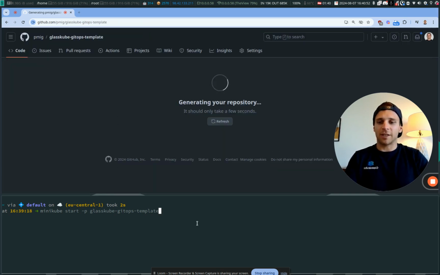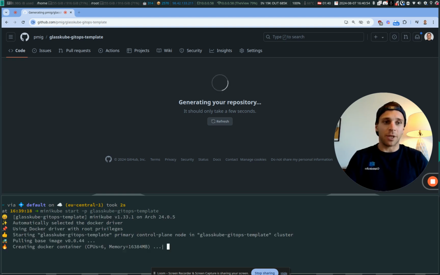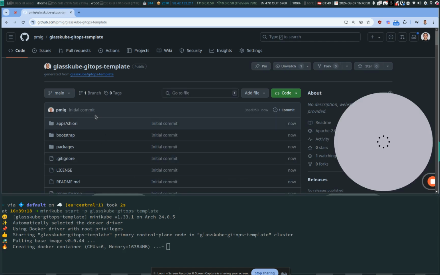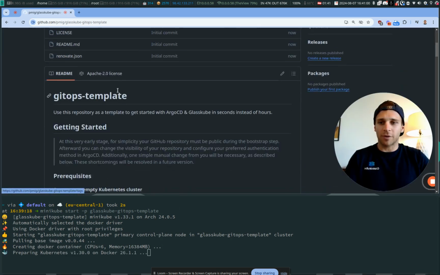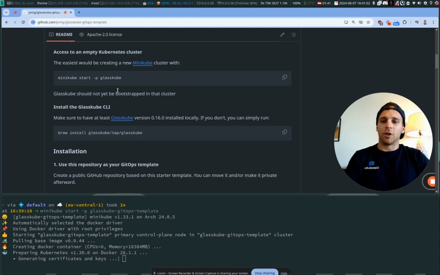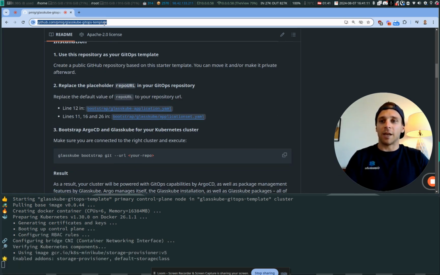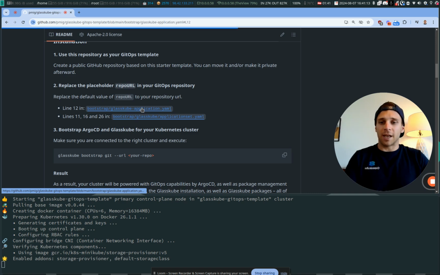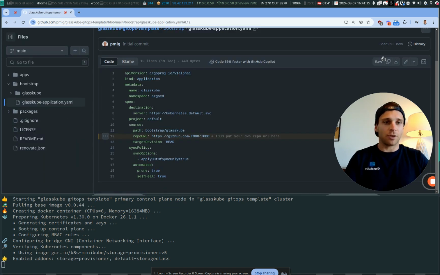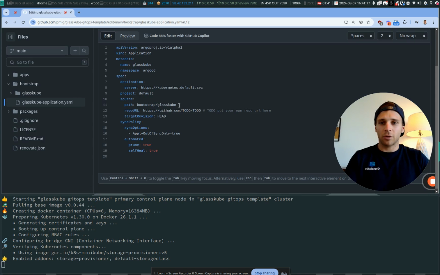So while this is created, I'm going to start up a fresh Minikube cluster the same way you would do it at home. Perfect. We have now created our repository, and in order for ArgoCD to know from which repository it should pull the configuration, we just need to edit the URL inside the Glasskube application. The line is already marked for you